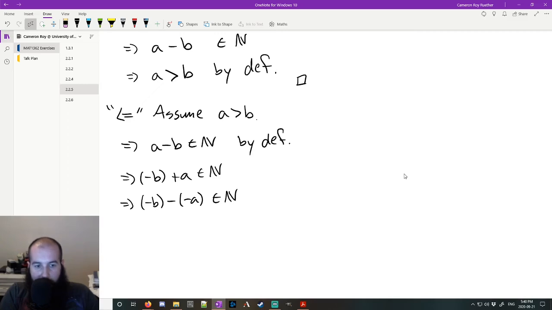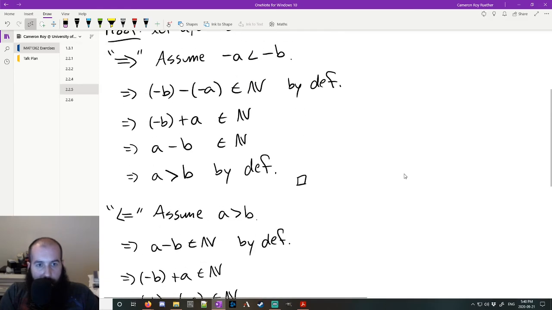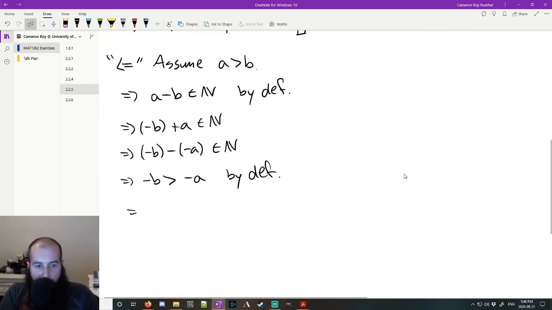So that is natural. And this means that negative b is greater than negative a by definition. And we were aiming for negative a is less than negative b, which is the same. So we arrive back. So we can go from one statement to the other, which means that they are equivalent,